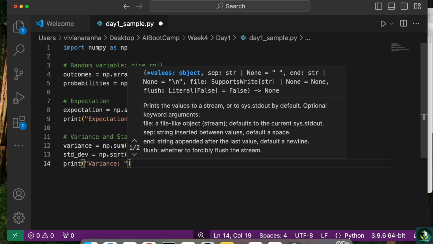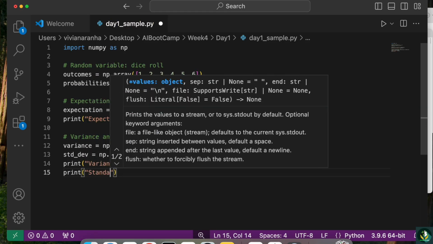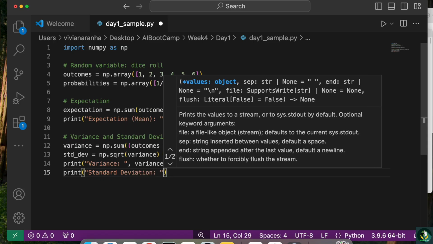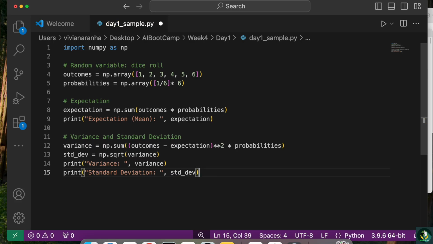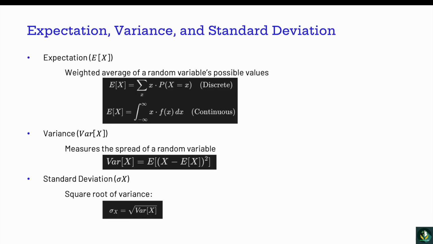Variance is variance, and standard deviation will be std dev. Perfect. Let's run this, clear it out, and there you go. Expectation or mean is 3.5, variance is 2.9, and standard deviation is 1.707. So now that we know how to do expectation, variance, and standard deviation, let's jump into